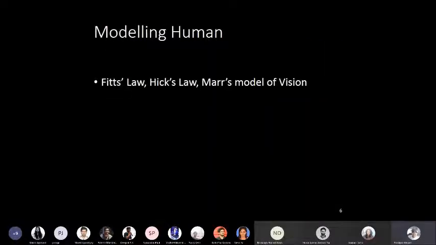But later we will see that this machine readable representation may take many different forms. So human modeling, as we have already looked at in the previous lectures, like we spent quite a lot of time on Fitts law last week. Hick's law predicts visual search time, again following a similar logarithmic principle like Fitts law or Shannon's information theory. Marr's model of vision was an early model to model visual perception. But the first model that we can term, which was specifically used for human computer interaction task, was the command language grammar at Xerox PARC.